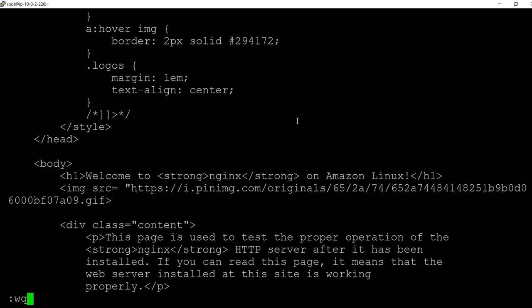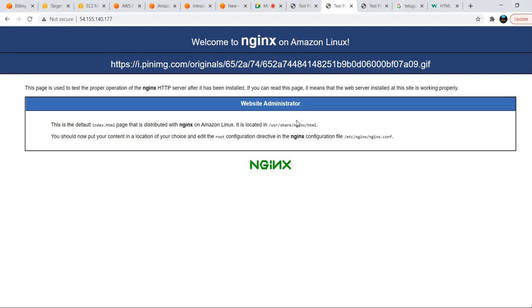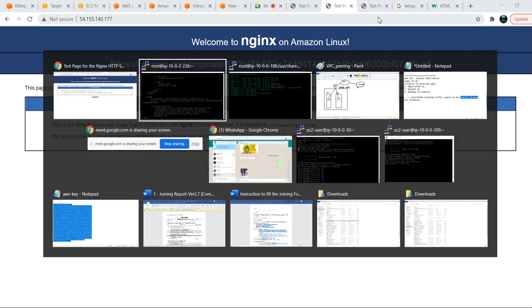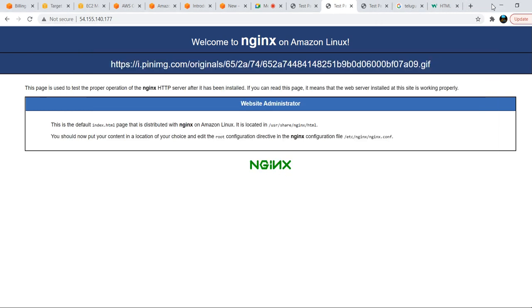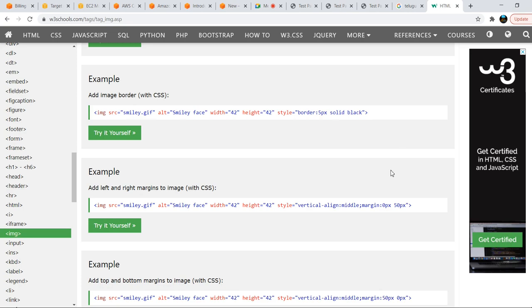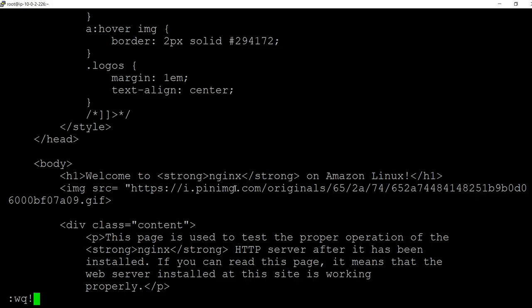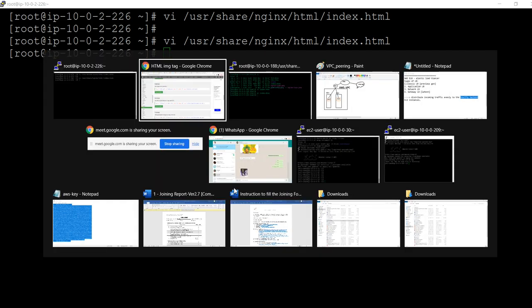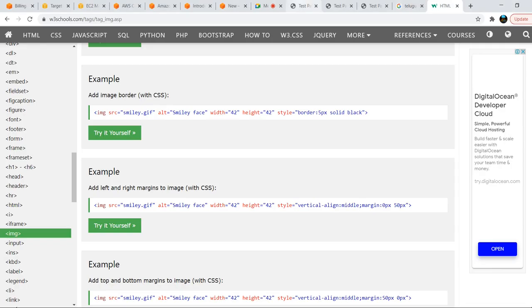Escape, wq, src. Okay, so we'll verify now in the second server.